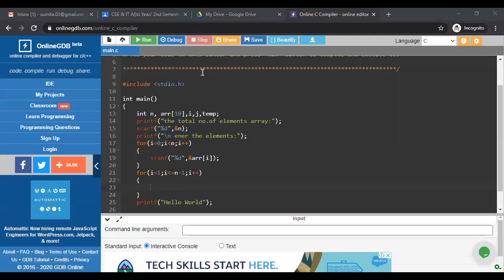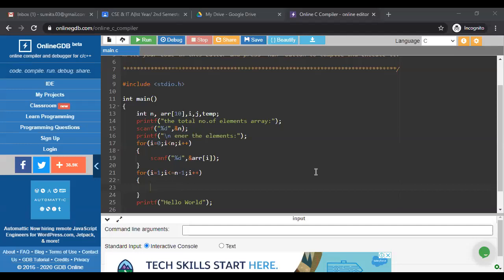But here, according to our problem statement, according to our requirement, we are taking i equal to 1. Why? I'm telling you that. So 1 to n minus 1 is also 7 times, because I have n equal to 8. So my loop is executed for 1 to n minus 1, because there is an equal to sign here. Please be noted that there is an equal to sign. So my loop is executed 1 to 7, meaning 7 times. Am I clear?